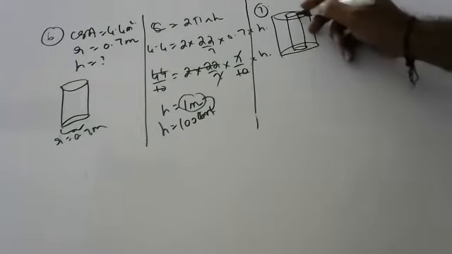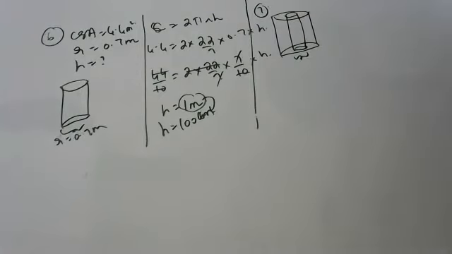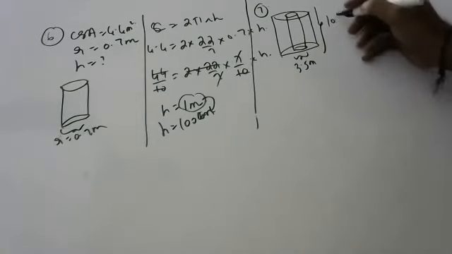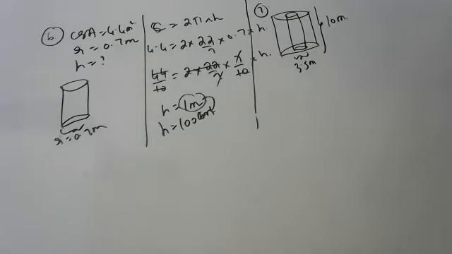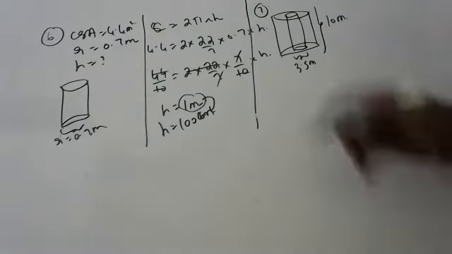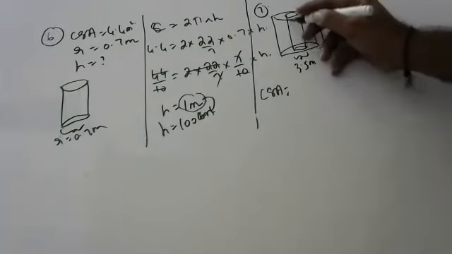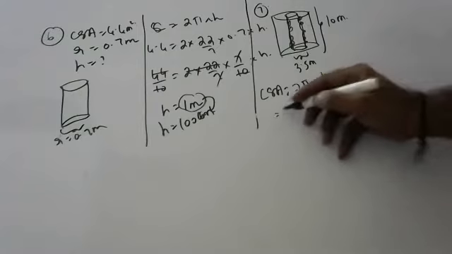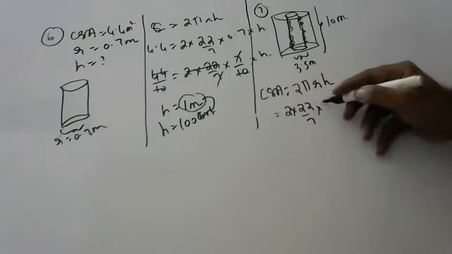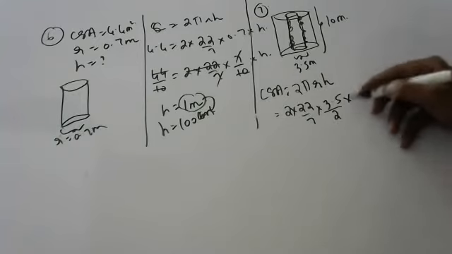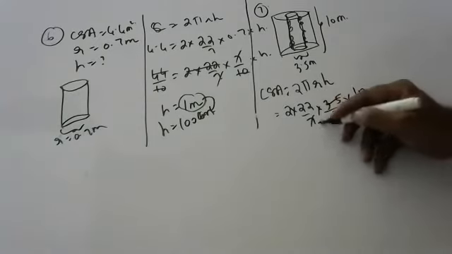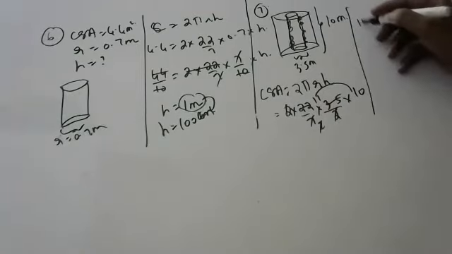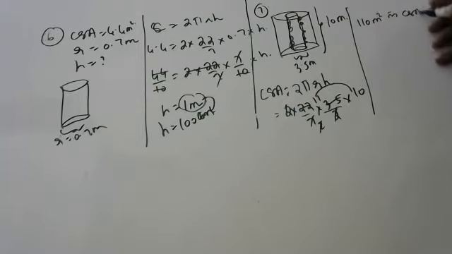Yes, sir. Inner diameter is 3.5 meter and 10 meter deep. Okay, what is this? This is the well. Find inner surface area cost. Yeah, find CSA. Inner CSA, 2 pi R H. Fantastic. 2 into 22 by 7 into 3.5 by 2 into 10. 2 cancel, 2 11s are 22... 11 10s are 110. 110 meters square is CSA of the well.